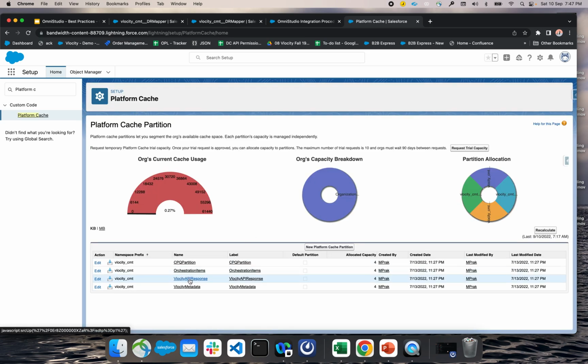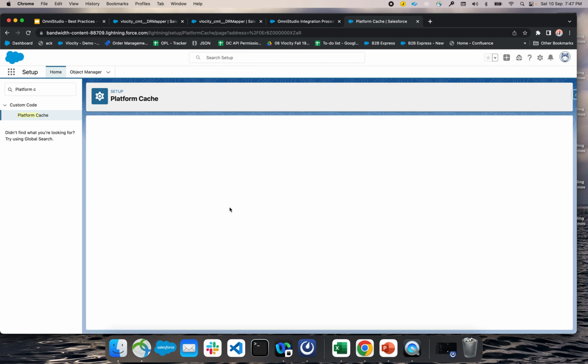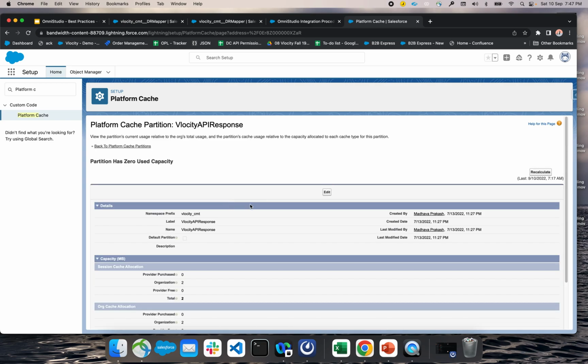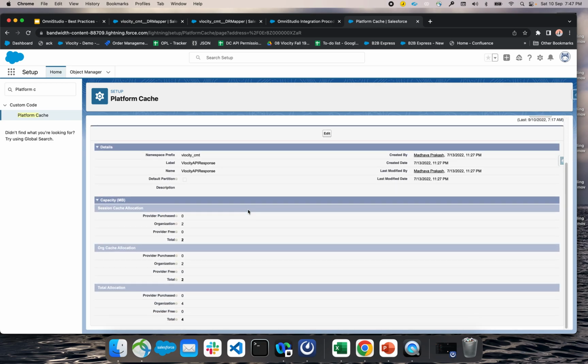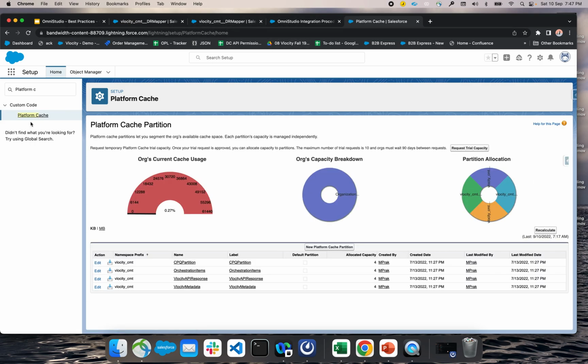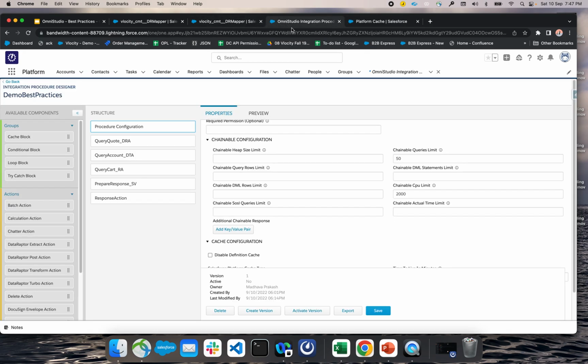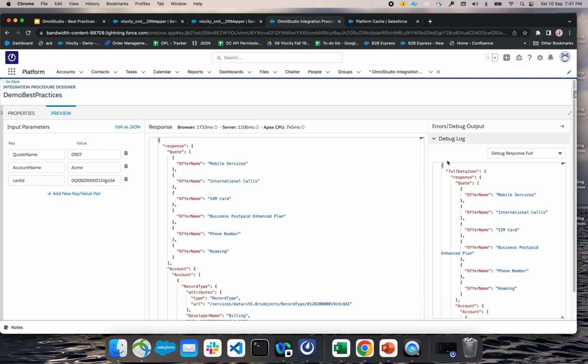This is for the response, where the response itself will be stored in this particular cache. Have some allocations here before we define the cache value. Right now, the only disadvantage is whenever something is cached, and if at all we have to immediately test it, we might have to clear the cache, or in the options map while we are calling the data raptor, we might have to,